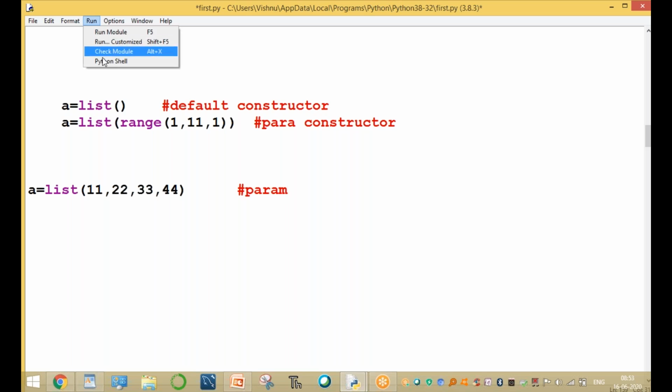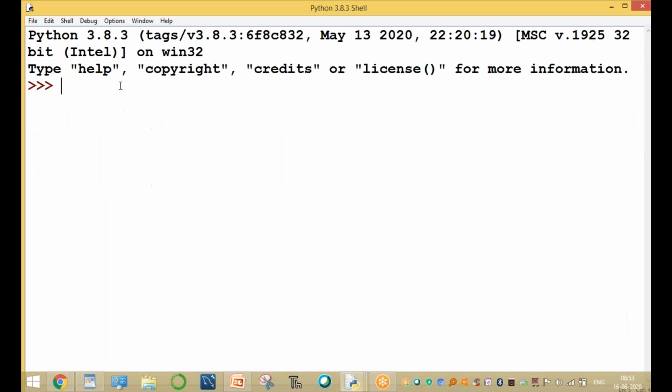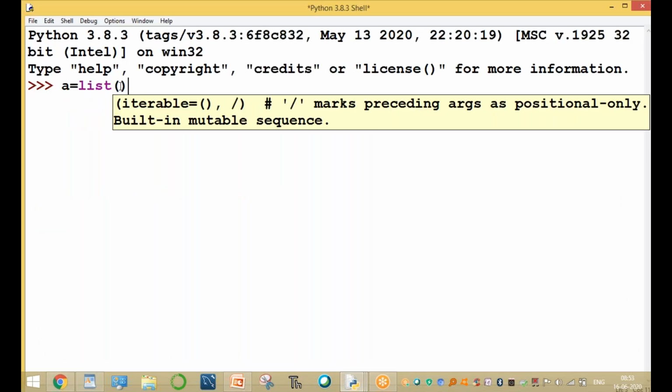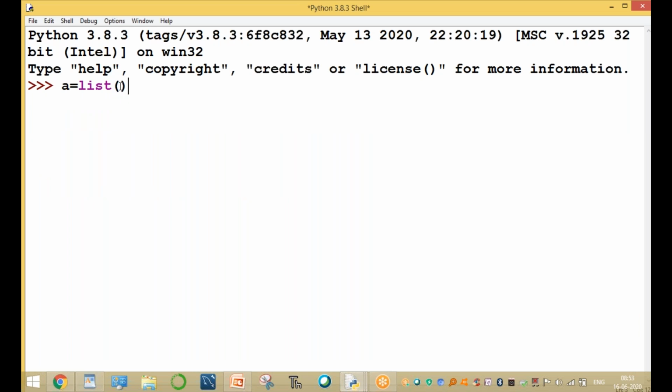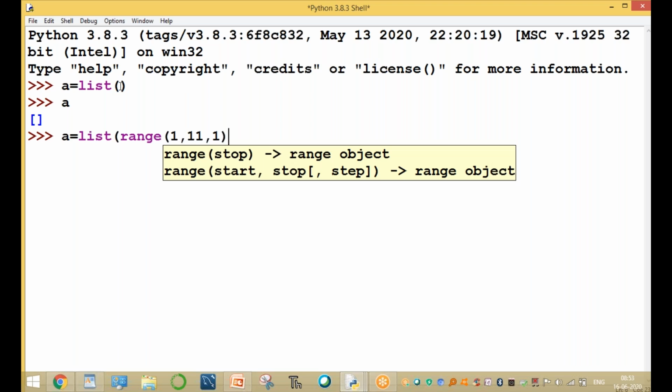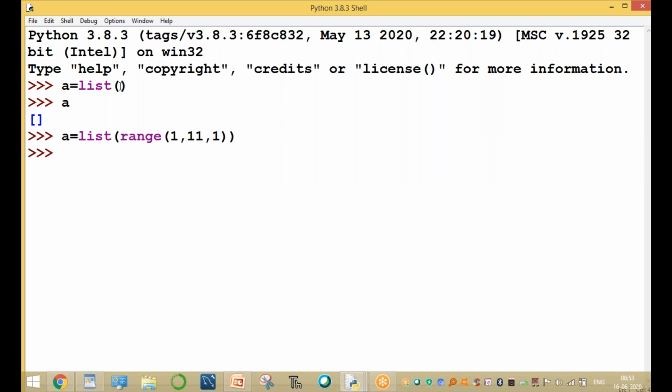I'll show you. Now here, a equal to list. Here creating the object a is a default constructor, that is empty. For example, a equal to list of range of 1, 11, 1. Here we create the object with parameters. These are the parameters.